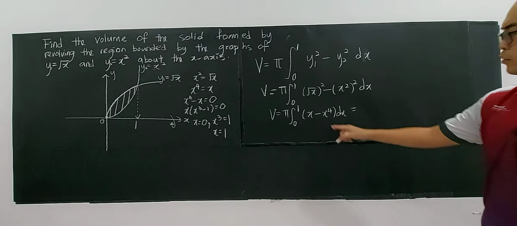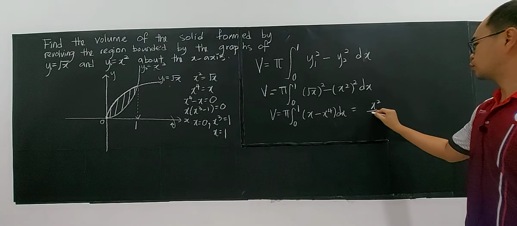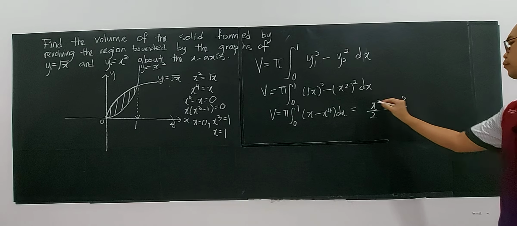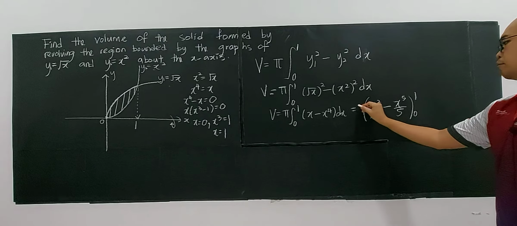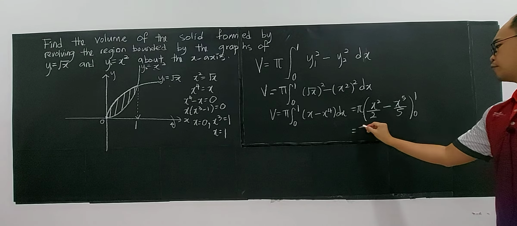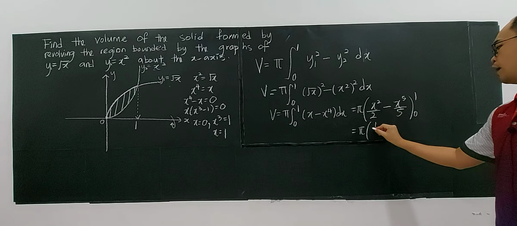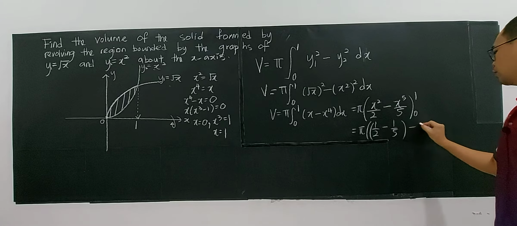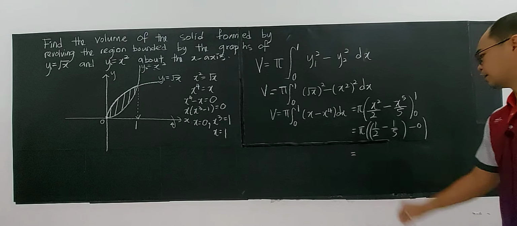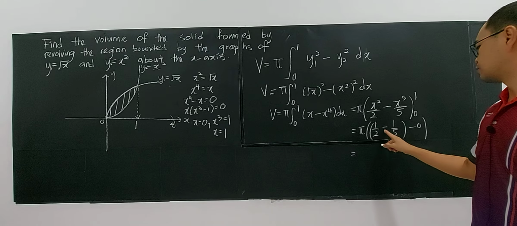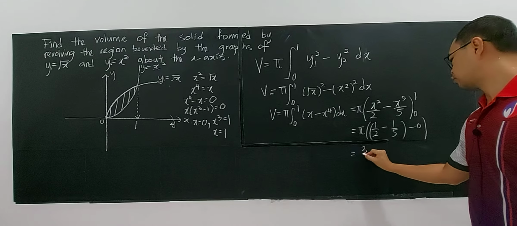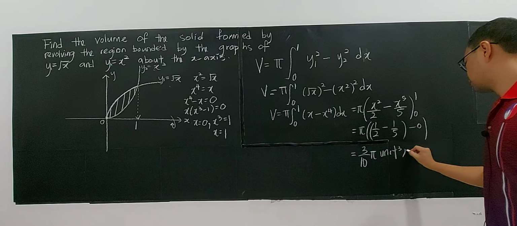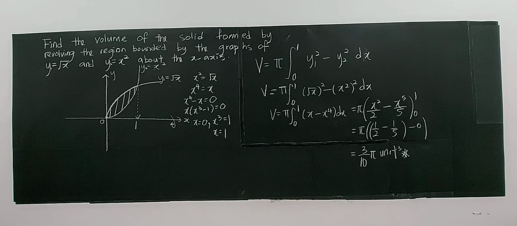So now we're going to integrate this. We have x to the power of 2 over 2 minus x to the power 5 over 5, from 0 up to 1, times pi. Then we have pi times 1 over 2 minus 1 over 5 minus 0. Let's calculate: 5 minus 2, we have 3 over 10 pi unit cubed. For this case here, the volume generated